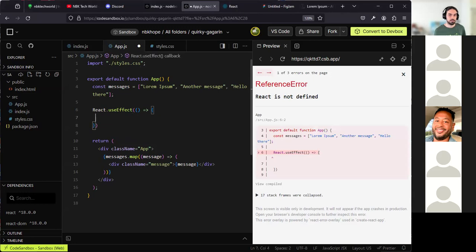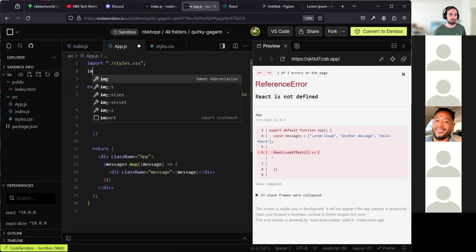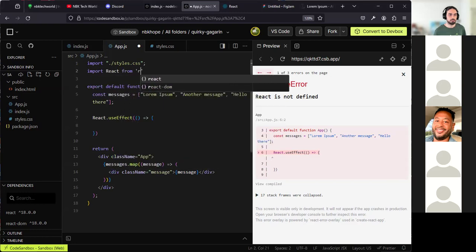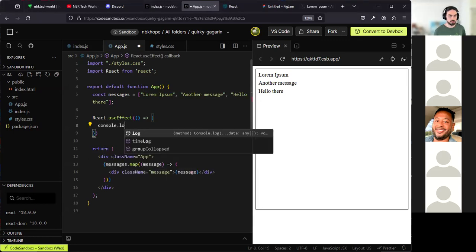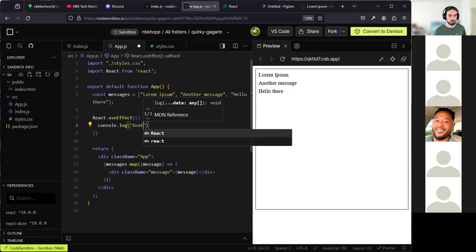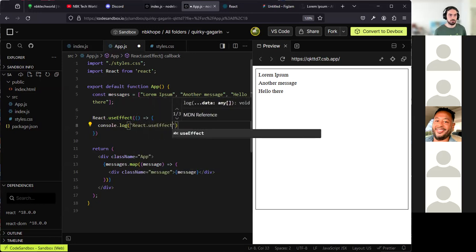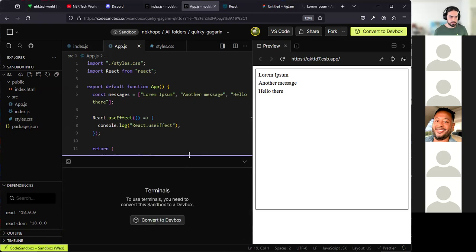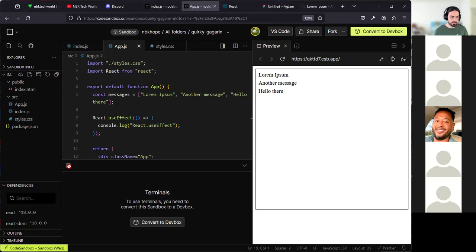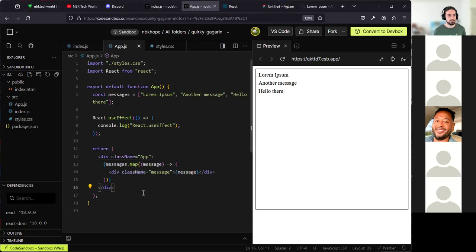let's see. React is not defined, so we have to import React from React. Let me just do something here. Let me try to put a console log, React useEffect, to see if it's being called at all. Where's the console? Oh no, I don't have access. That sucks. Anyway,